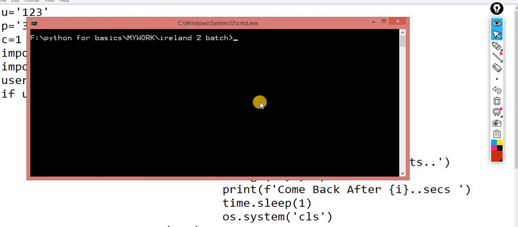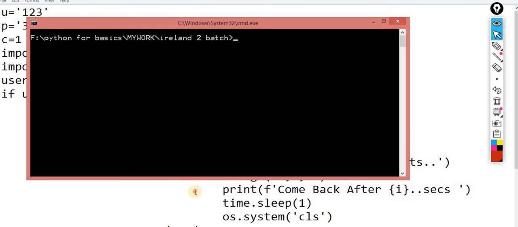Now observe the second thing you have to perform. Suppose in the second attempt, the first time I am blocked for 10 seconds. Next time I again enter wrong credentials, 3 attempts again with the wrong password, and it should block me for 20 seconds. After 20 seconds it will ask me for the password again. Again I make 3 wrong attempts, then it will hang me for 40 seconds. Again, then 80 seconds, then 160 seconds, something like this.